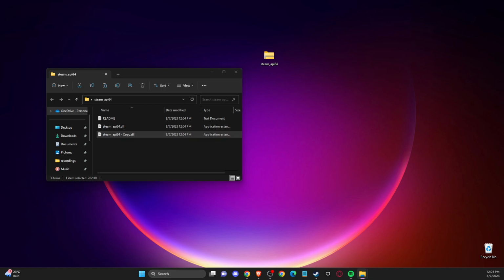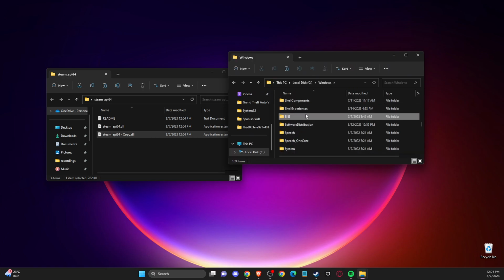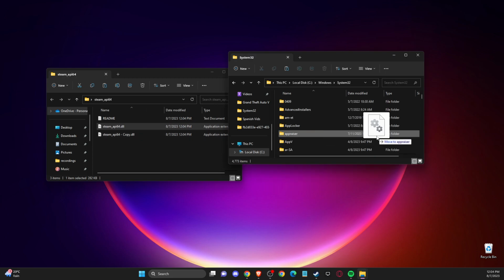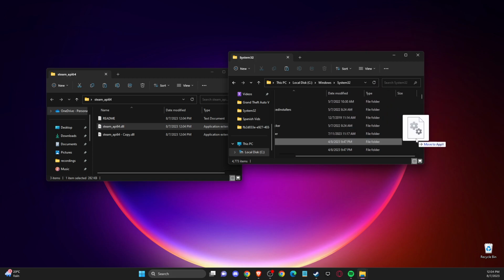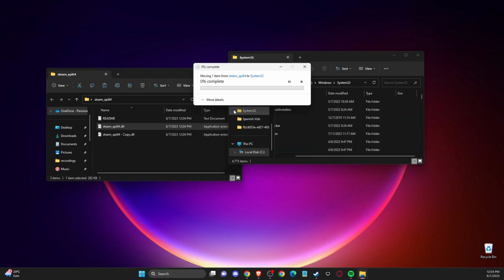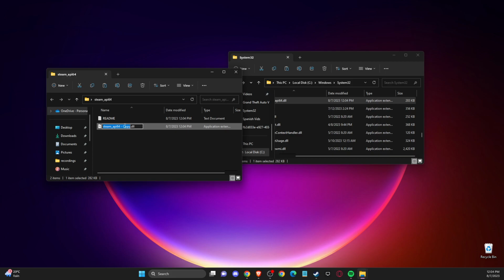go to your disk C, then you need to go to Windows, System 32, and then you need to drag this file here to System 32 folder, right? And press replace it, press continue, and after that, then you can give it a name, just delete copy and